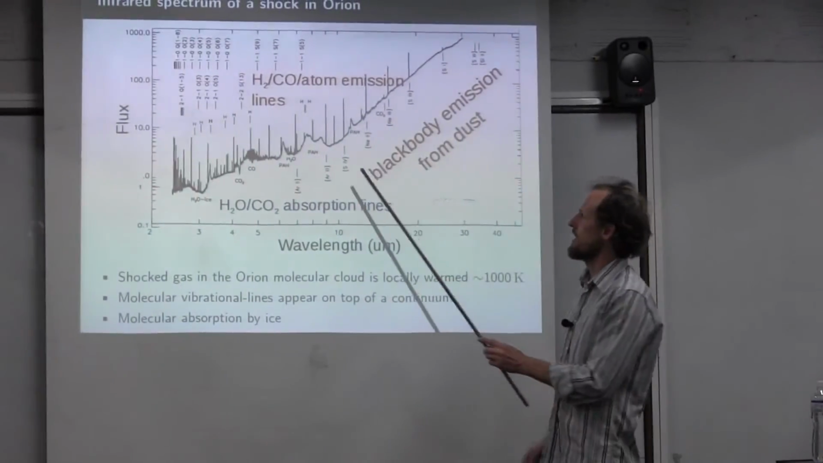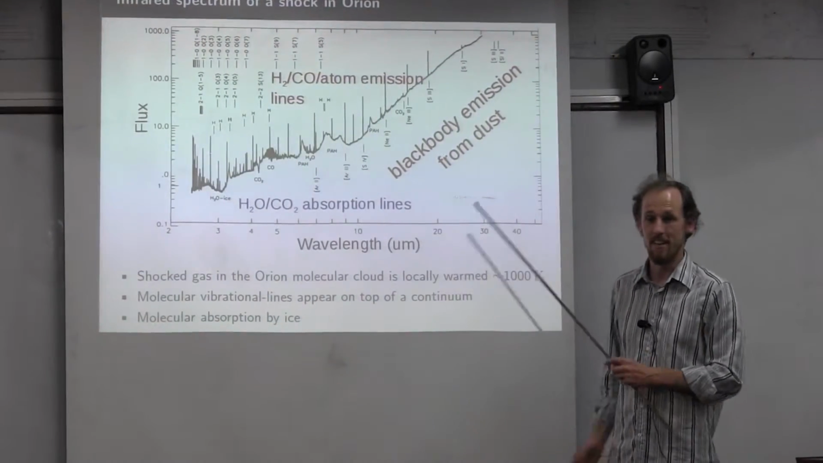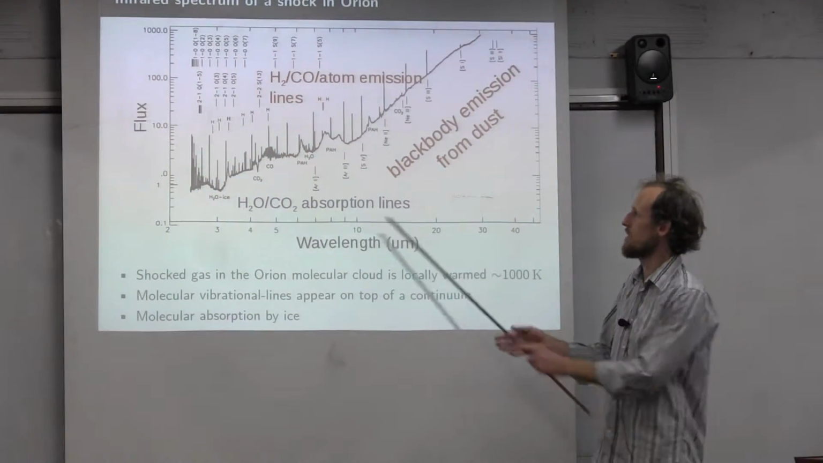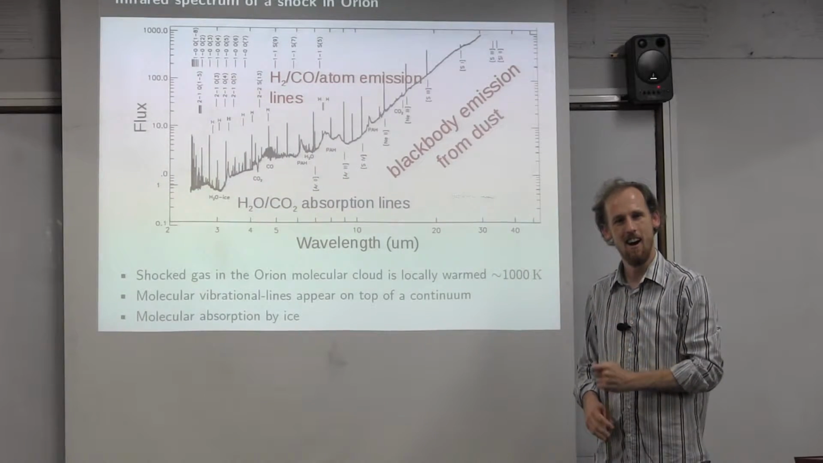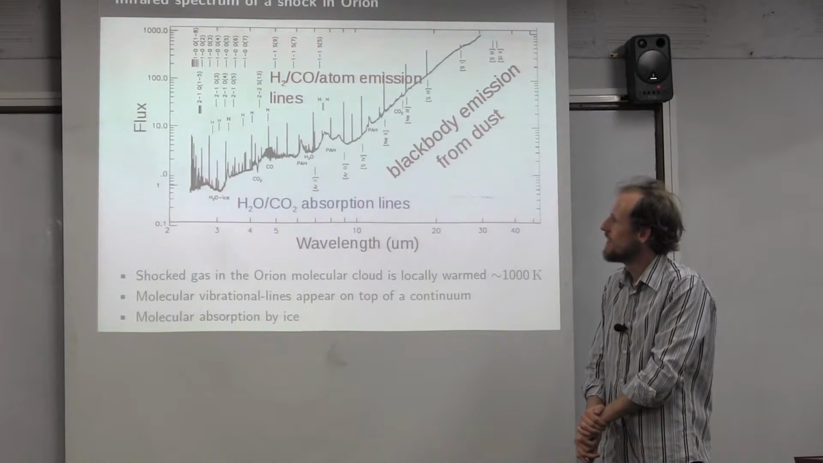Okay, so now we're directly observing molecules in the infrared in a warm cloud, and because it's warm enough, they appear as emission lines because of the high energy. Again, the number in parentheses represents